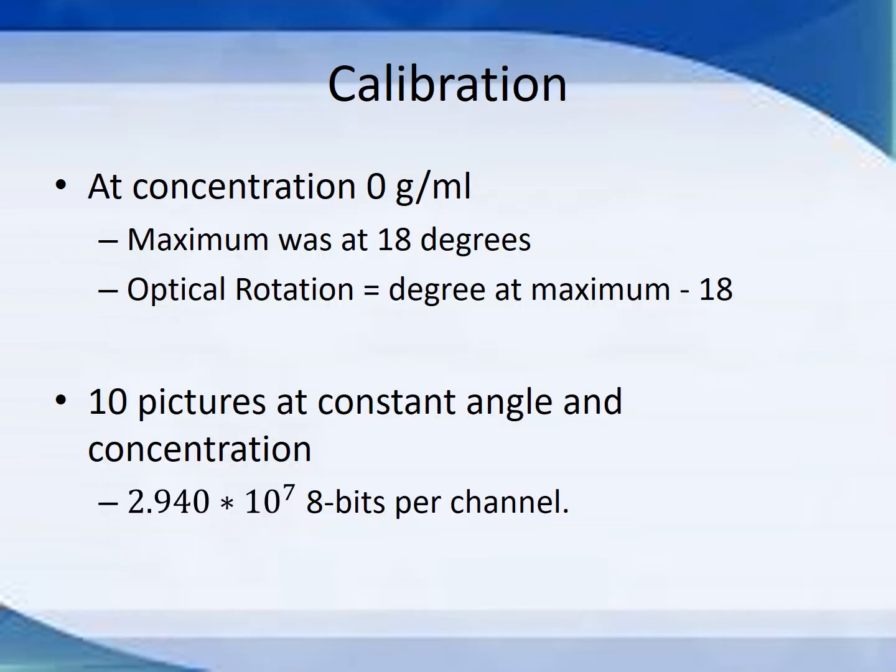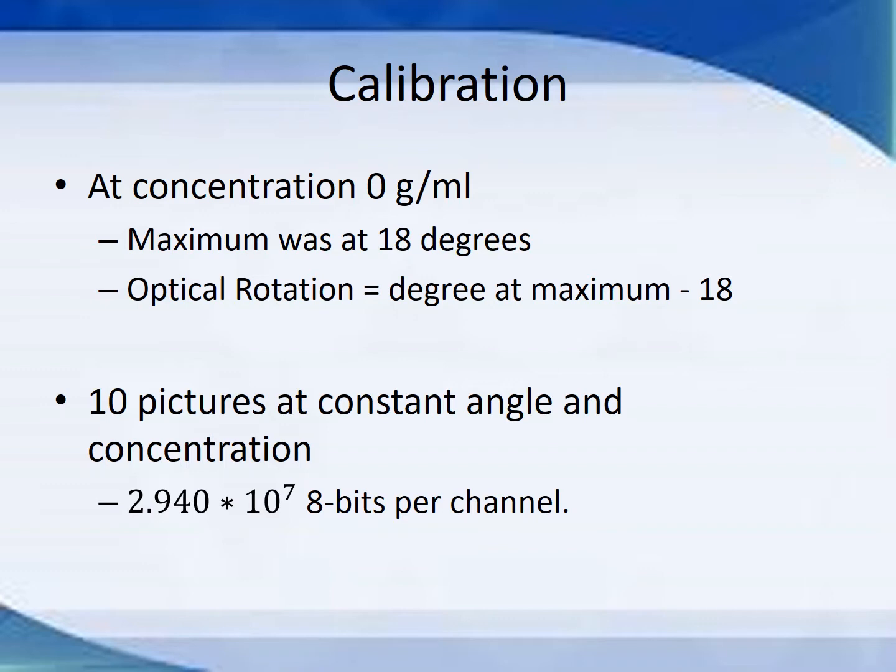So for calibration, you'll notice that at concentration 0 grams per milliliter, the maximum is at 18 degrees, which means our horizontal polarizer didn't completely horizontally polarize the light at exactly 0 degrees, but rather at 18 degrees, because there's no optically active molecules in that cuvette. So basically, to find the optical rotation, we found the degrees at maximum intensities and subtracted them by 18,